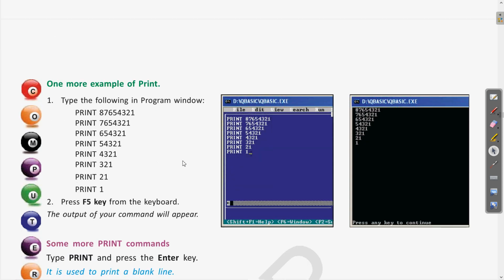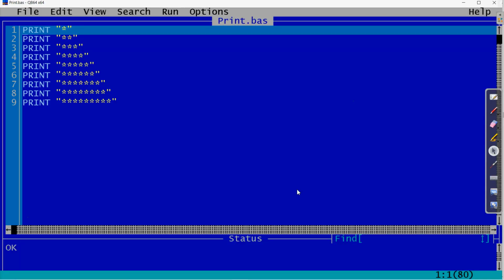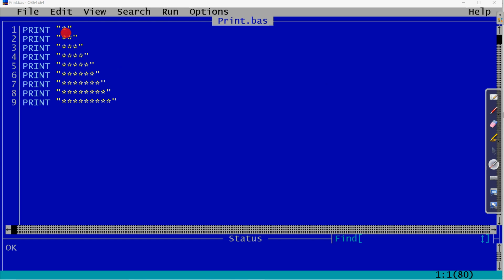So this was the program. Let us run it once again and you can see the output of this. Here was the program which we have written. Here I am writing the asterisk symbol with the print command, clear. In each of these lines, all the stars I have written, this star is called an asterisk. Each of these is in double quotes, and in every line the number of characters is increasing. Now let us try to run this.